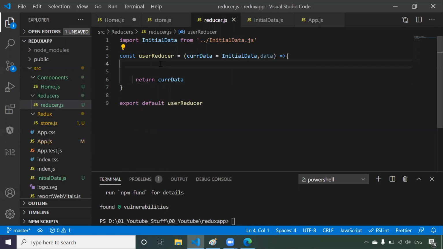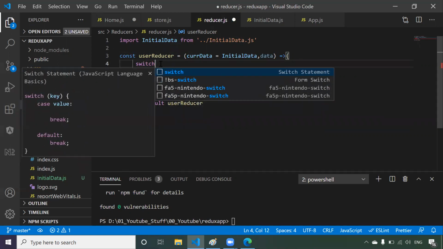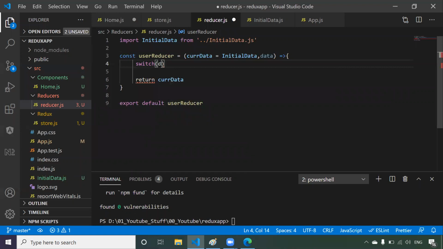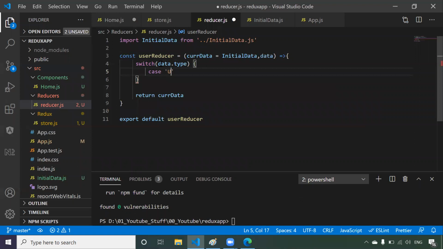Okay, now what we'll be doing here is we will write one switch case. In the switch case we are saying data dot type. If data dot type is user, like here we are writing one case, I'm saying if the case is user, if data dot type is user, then